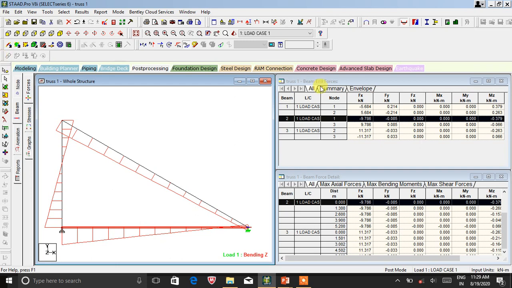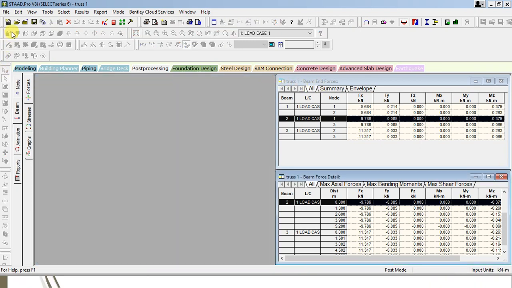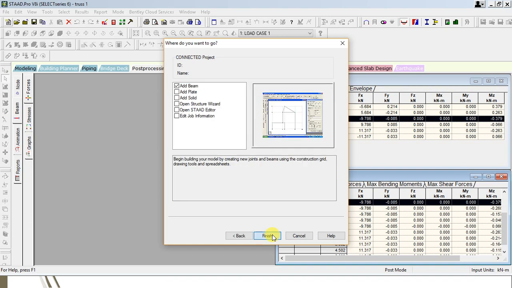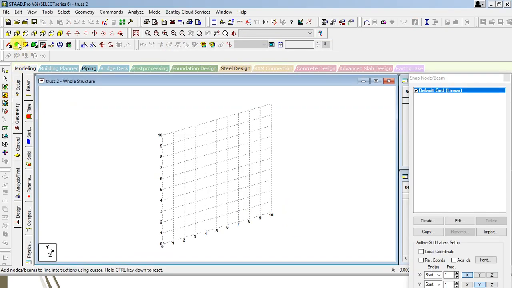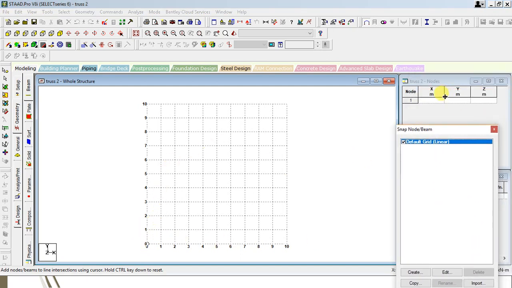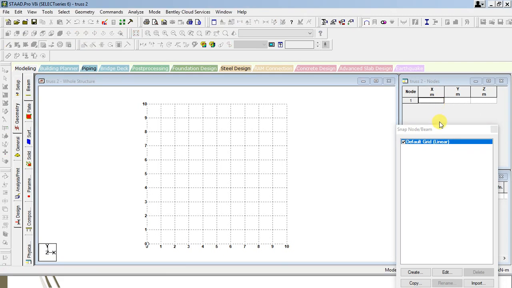Okay, let's close this, open the new one, plain truss, second, next. Okay, now consider the front view. Now here again the distance is not the complete figure, so let's add the node with the help of this coordinate system. So first 0, then y is 0 0 0, next is 1.8, again y 0 0, next 1.8,